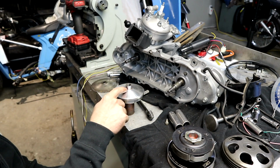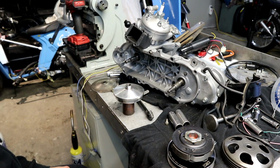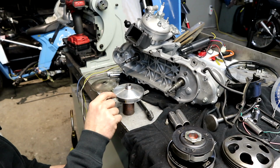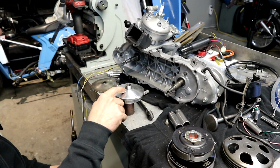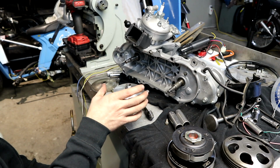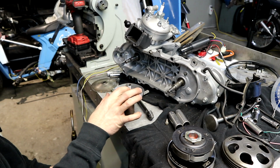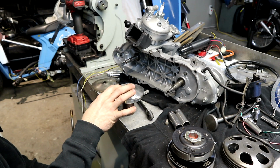After you have it running, take a Sharpie marker, make some lines on the variator face, go for a drive, full wide open throttle, see how far the sheath is running up and down. You may have to space this in or out some more. You can also tell if you get really heavy wear marks along the very bottom edge of the pulley, which